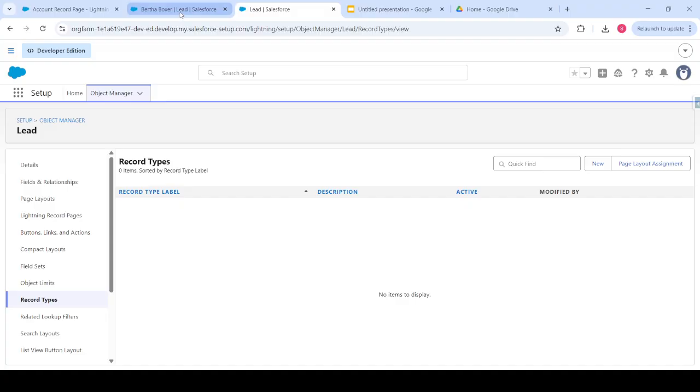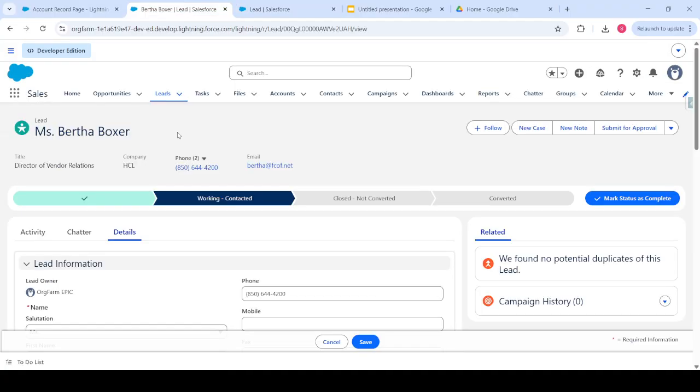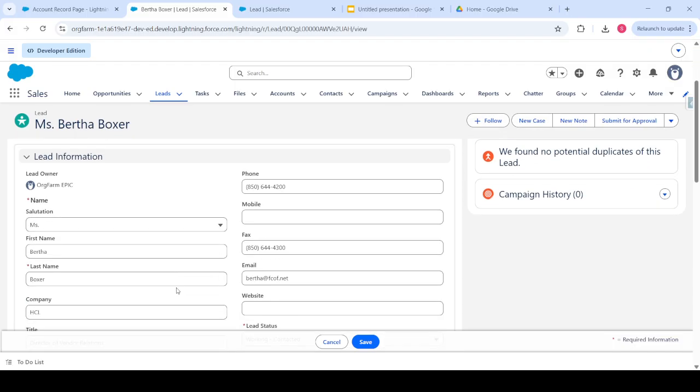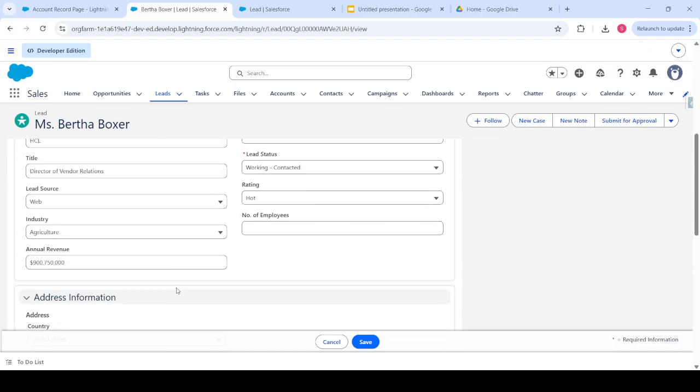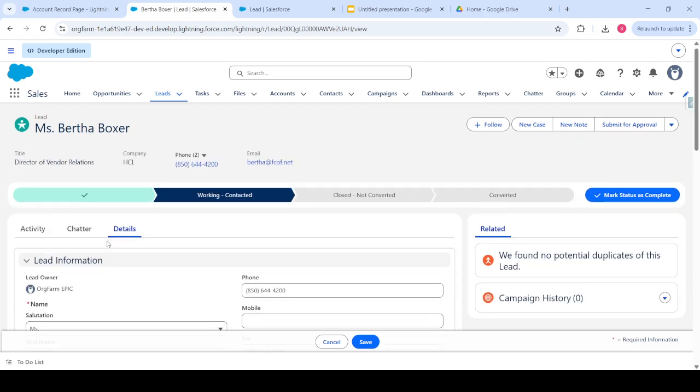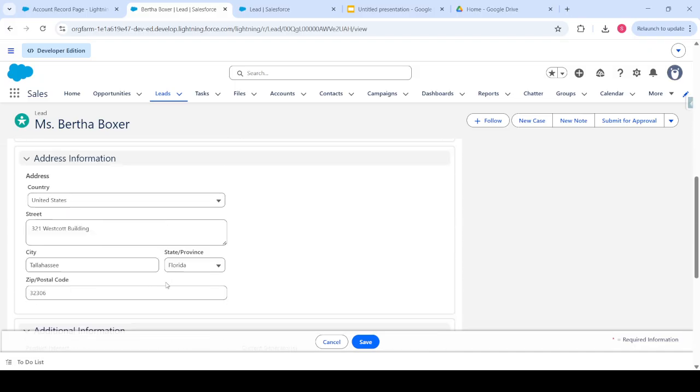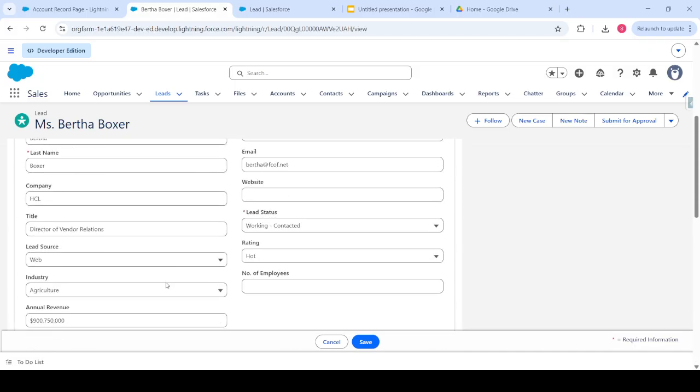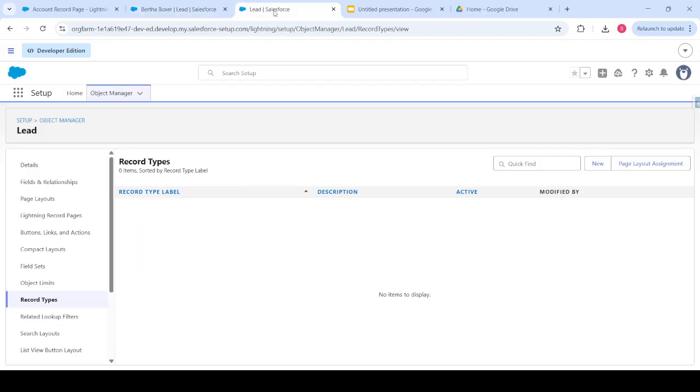And by default, the system created a page layout and the information you are seeing here. So it is created by the system by default, right? So if you want to create a new record type, then